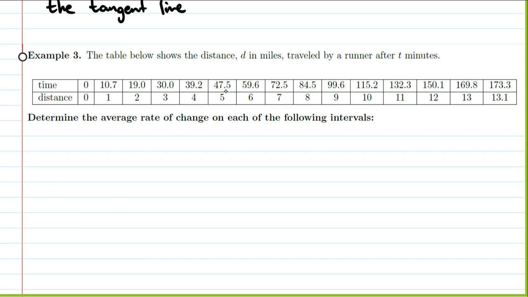So when we look at our table, we need to be careful when we're talking about each of these. There's two ways that we can interpret the data in this table. What I mean by that is we have distance in miles traveled by a runner after t minutes. So if we have the change in distance over the change in time,